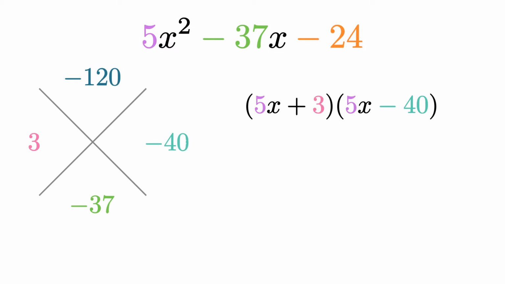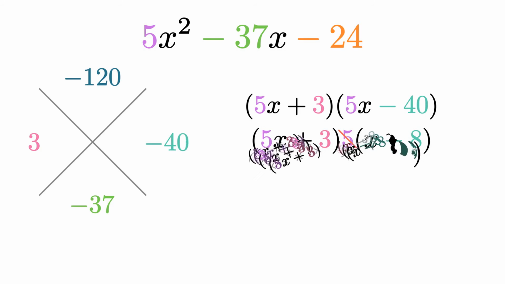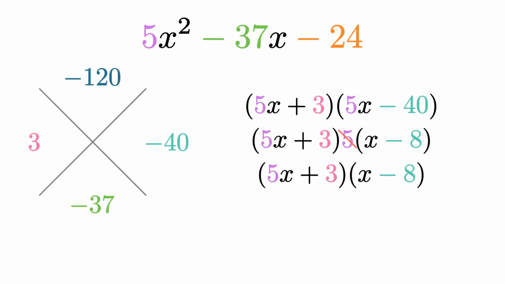Now, remember I said there's going to be another step that we have to take. What we're going to have to do is factor this a little more. Notice our two groupings, and notice that we can actually factor one of these groupings. Our 5x plus 3, we really can't factor that, so we'll leave that alone. But notice our 5x minus 40, we can actually take out a 5 from that, and that will leave us with x minus 8. So once we factor out that 5, we can completely disregard it and cancel it out. And we'll just leave what's left in the groupings, which would be 5x plus 3 times x minus 8,